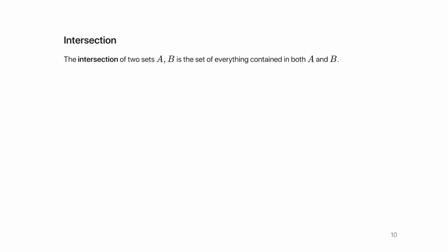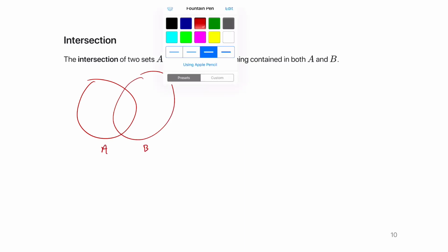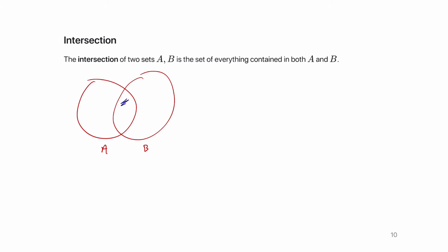Cool. So the next natural one to talk about is the intersection of two sets A and B. So let's go back to our picture. If one circle represents set A, one represents set B, everything that's contained by both A and B is the union, or is the intersection, sorry. And the symbol for this is A∩B. Is that okay? And let's define this with set builder notation. The intersection of A and B is a set of all elements X, such that X is in A and X is in B.